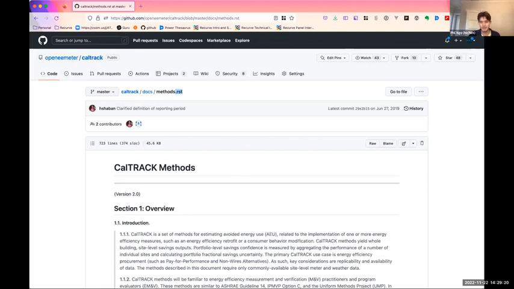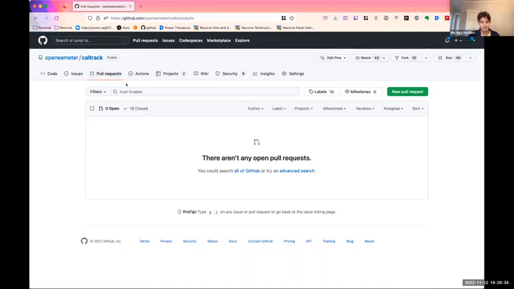But ultimately here, there's an option if you log in using a GitHub account. Anybody can sign up to do this. This is a public repository. You can go in and edit this file, make changes. You won't be able to commit those directly, but you can make a pull request. And a pull request is a way of capturing all the changes and having some discussion around it.